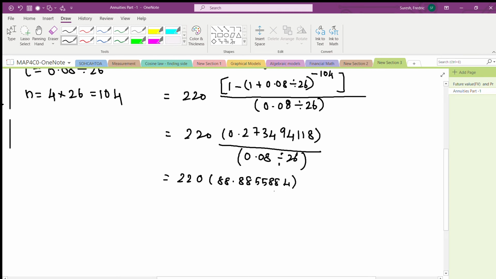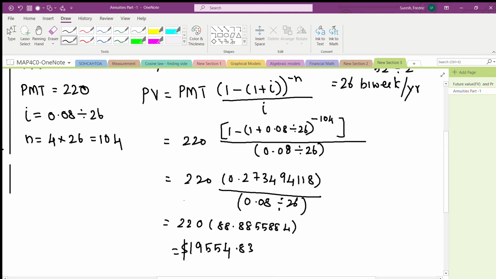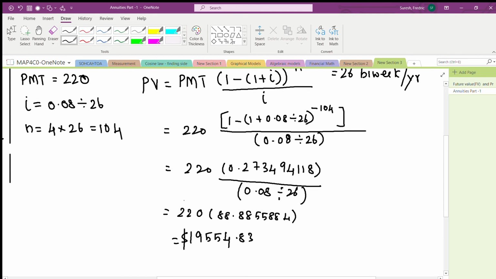So multiply this by 220, and so the loan amount was $19,554.83. Okay, because this is a car loan and car loan companies make money because we pay interest on the loan,